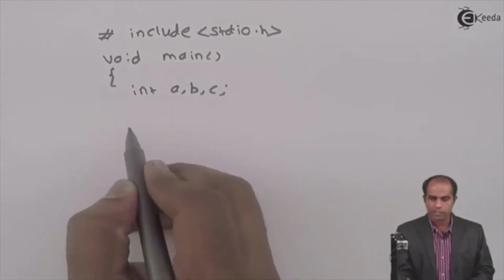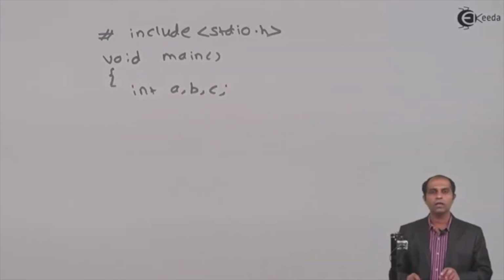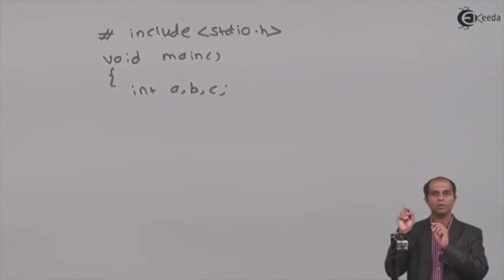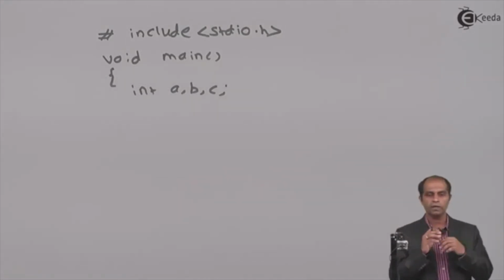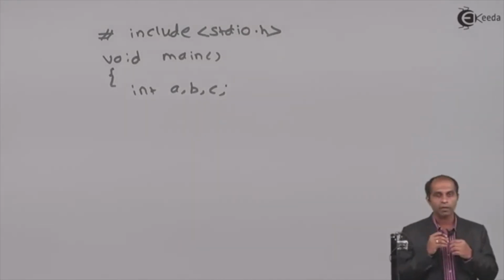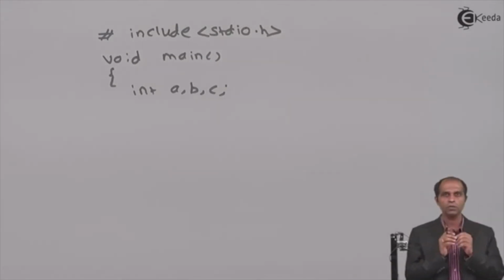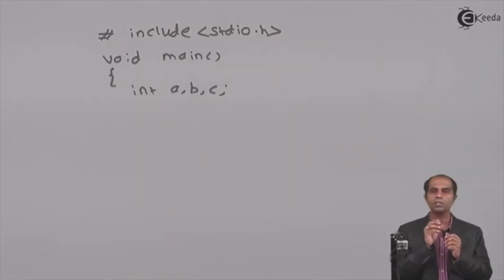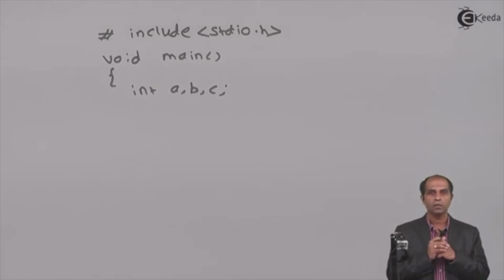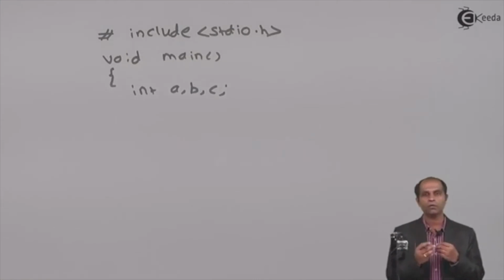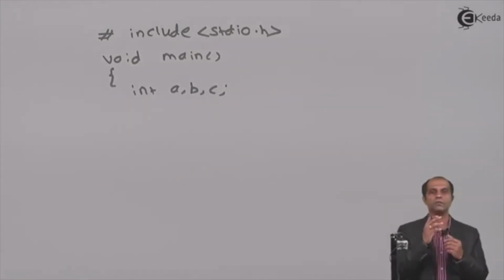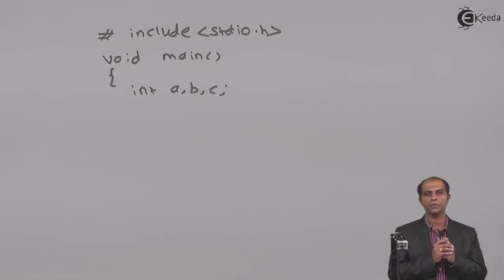Now, if I say scanf, directly the control will land on an output screen, just blinking there. The user to whom you are addressing will never get to know what exactly the program needs him to enter. He might enter random values, random numbers. If you are a programmer, you know what input is required for a task. But not always. When you develop a program, you are not developing it for yourself, you are developing it for someone else. That someone else is your user.